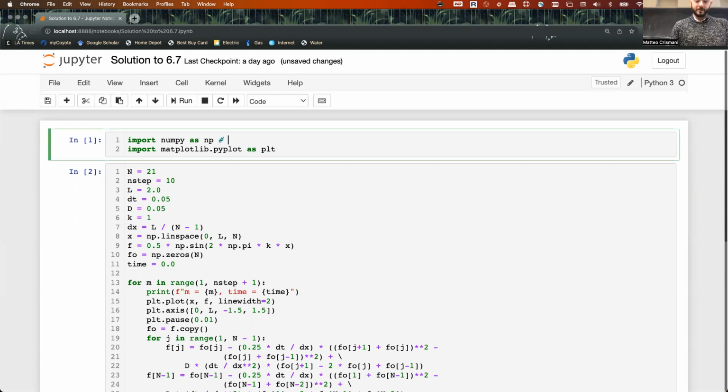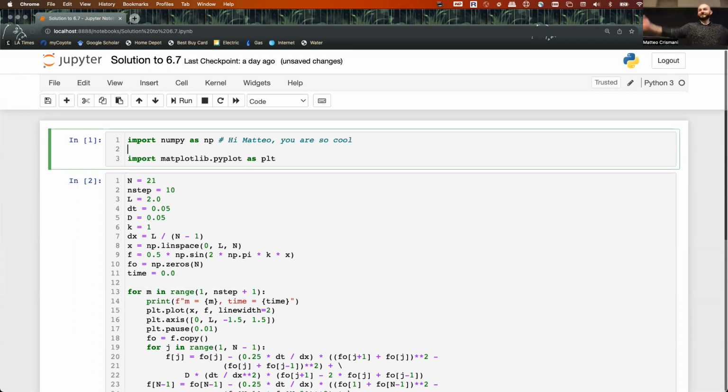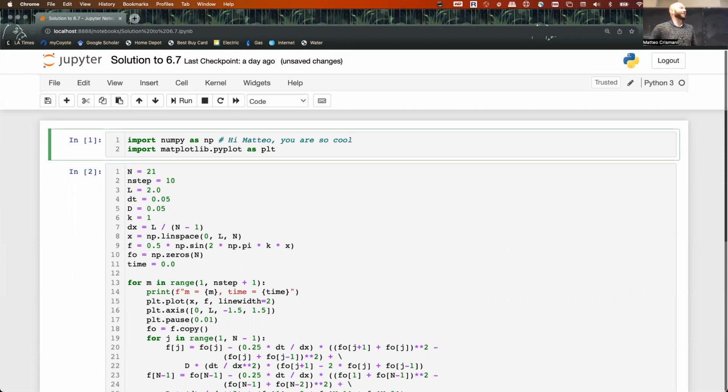Ta-da! See, someone said it to me today. Okay, so what else am I going to do here? What kind of comments do I want to leave in good commenting of code? What doesn't vary? What they mean, right? Is this a good idea? Not really. It could be more descriptive.